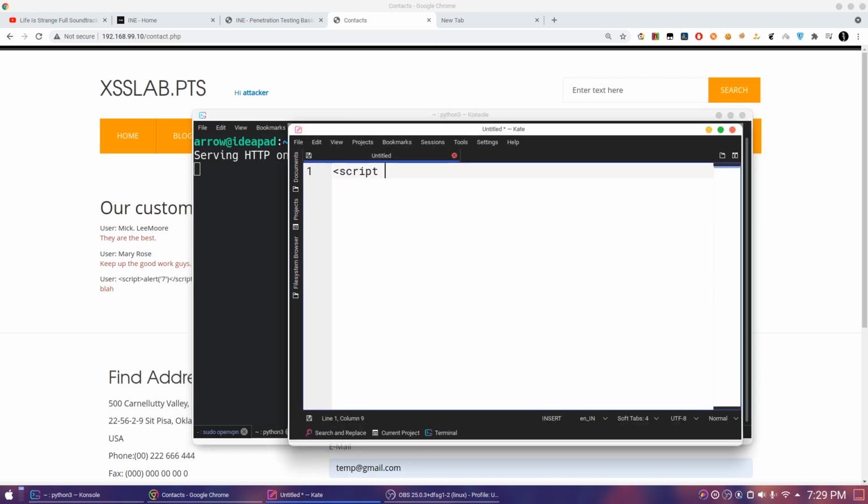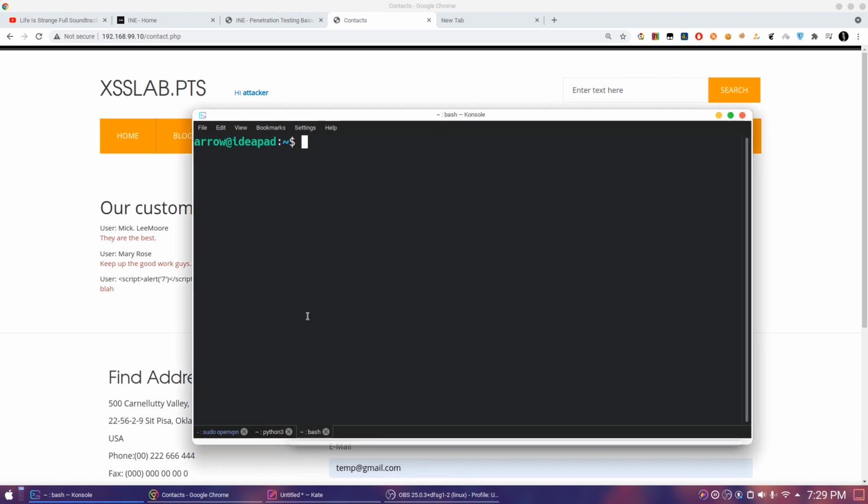So how we need to display is, we need to say script. We need to create a new variable, say var i equals to a new image object, and then we are going to point the src, the source value, to this URL http colon, and we need to give this IP address.